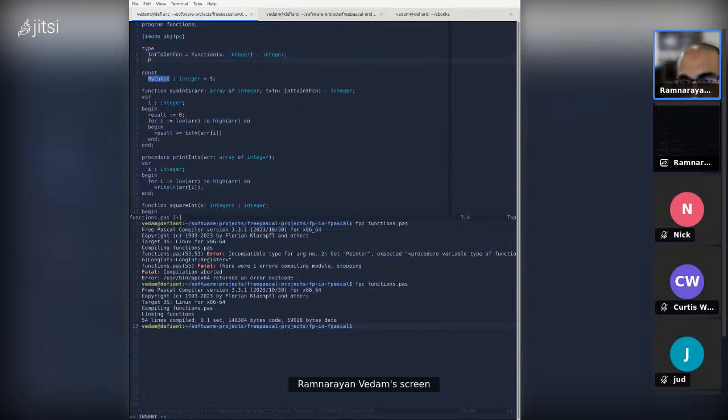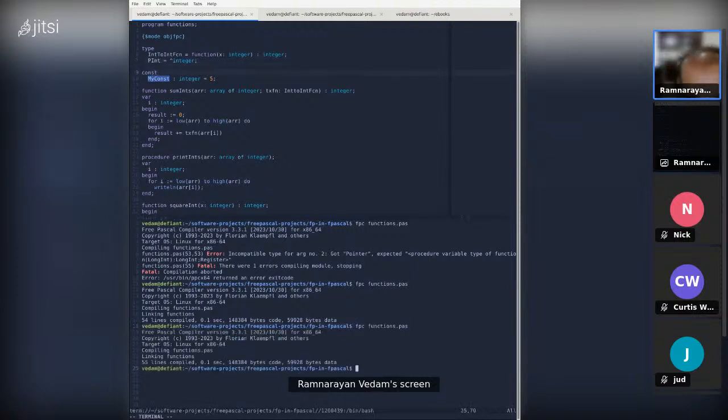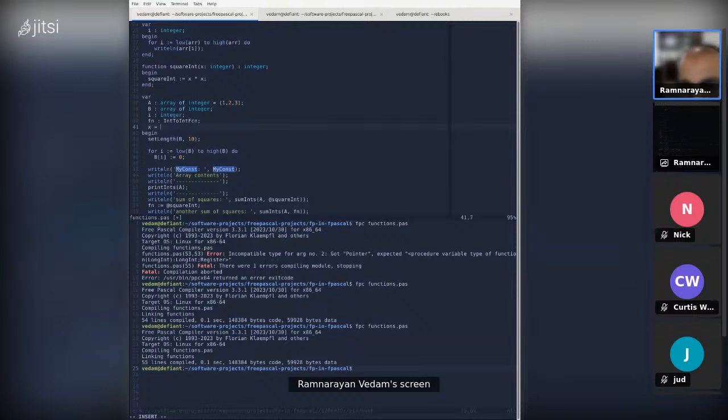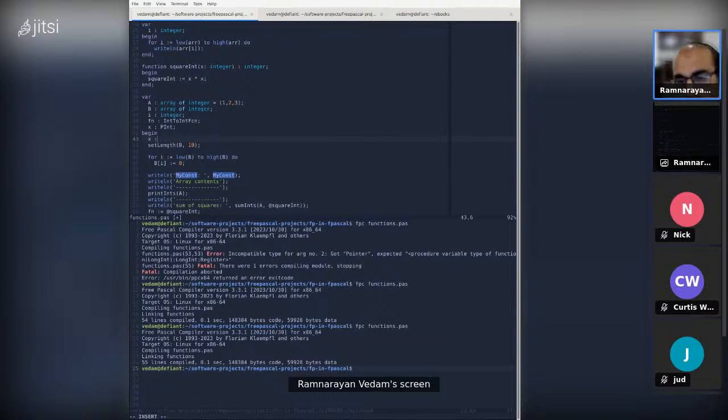A p-int is basically a pointer to an integer. This is also a valid type, and you can use it here, x equals the p-int. You don't need to create type aliases, but it's normally good Pascal practice to leverage it, and you could then assign to it normally.